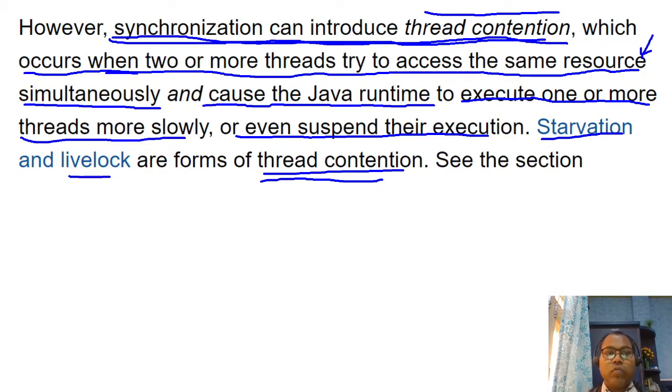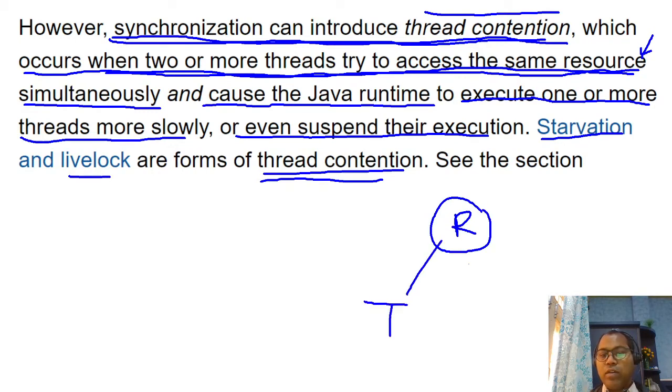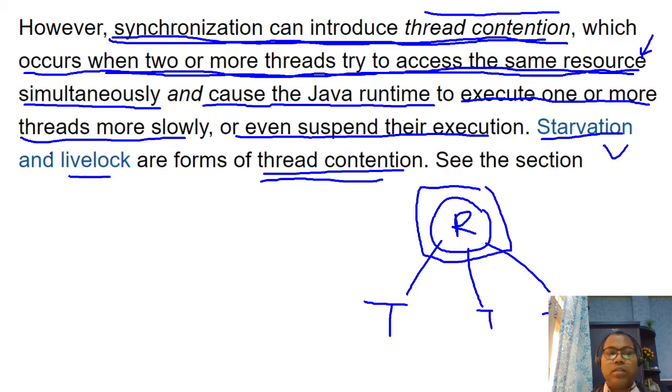Thread contention occurs when two or more threads try to access the same resource. Here, in Java terms, the resource is an object. One object is shared by thread 1, thread 2, thread 3, multiple threads. In this case there are some problems: starvation, livelock, and deadlock.